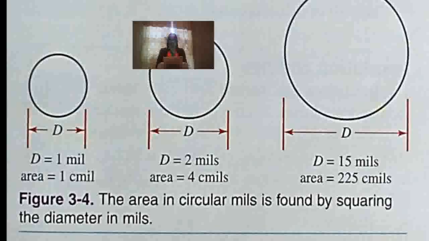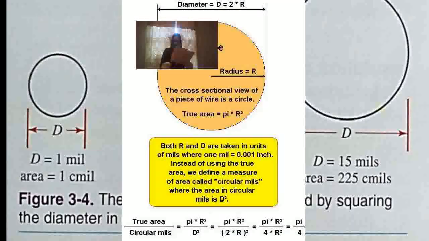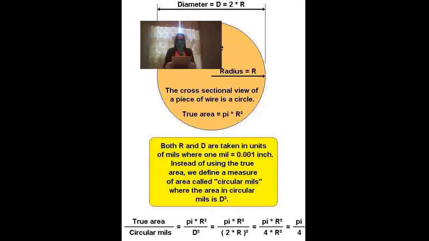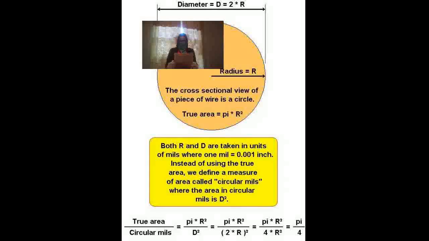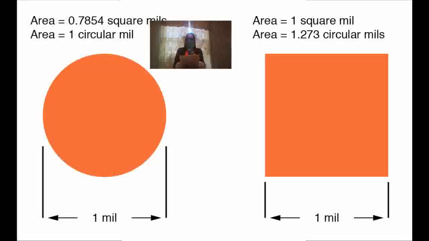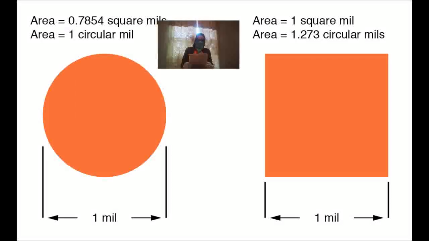The circular mil is a more convenient method of expressing the size of a conductor than pi r squared, which is used to compute the area of a circle. If we must find the area of a square or rectangular conductor, their equivalent in CMILs is not difficult to find. To find the circular mils equivalent, compute the square or rectangular conductor's area in square mils and then divide that area by 0.7854. For example, if a 1 inch by 1/4 inch bar of copper is to be used as a conductor,